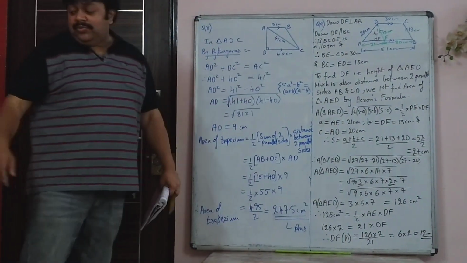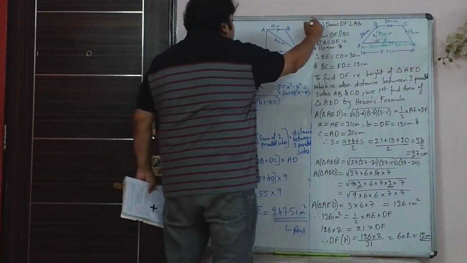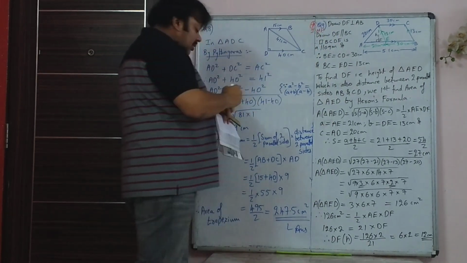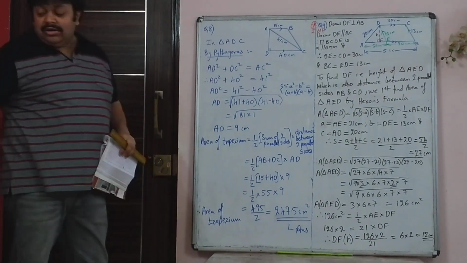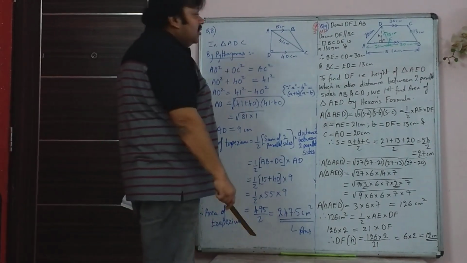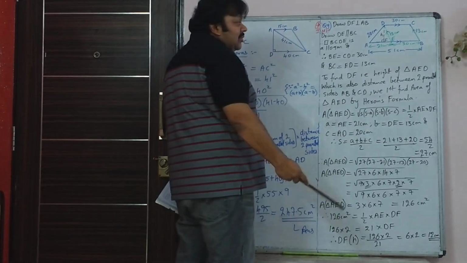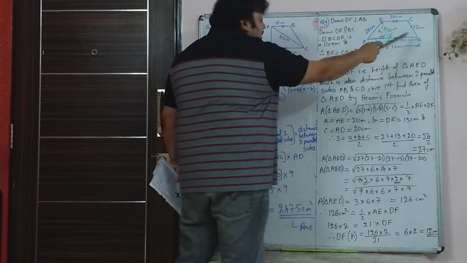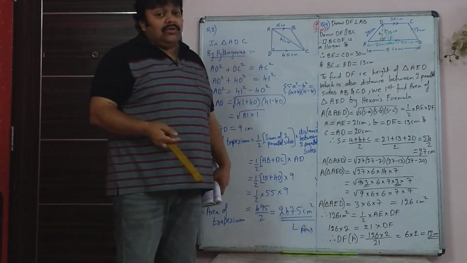Now mark this sum important, because generally if you don't practice this sum, you will not remember how to solve it. So you need to revise such sums on the day before the exam, because if such a question is asked, you will not remember how to solve it. In order to find the area of the trapezium, it would have been simple had I known the height, that is the distance between the two parallel sides. But unfortunately, that is what you don't know.